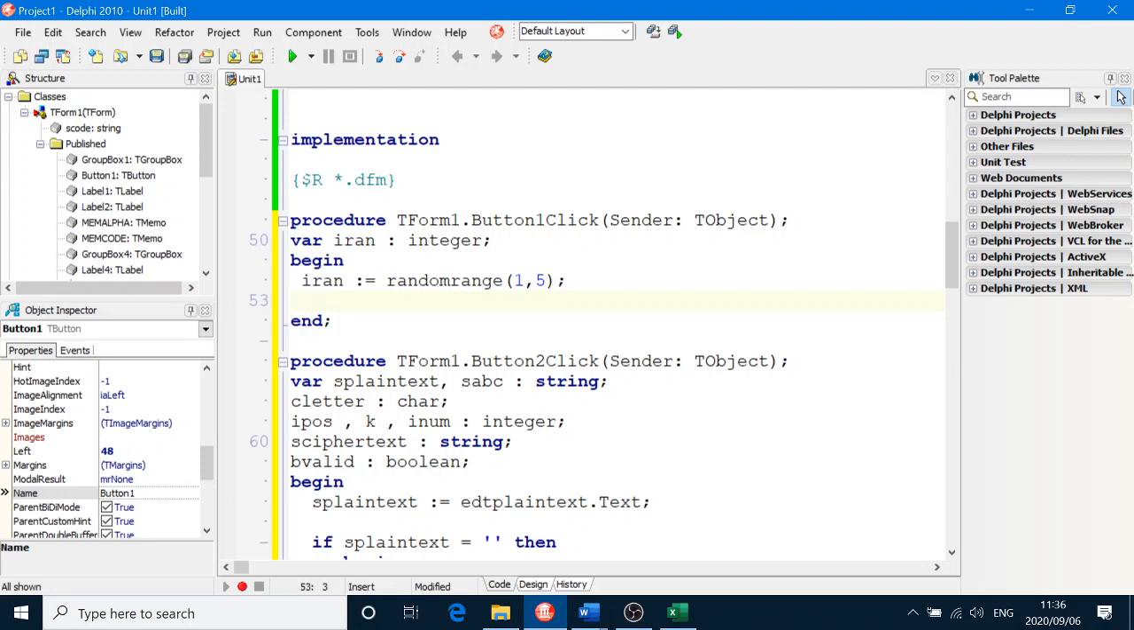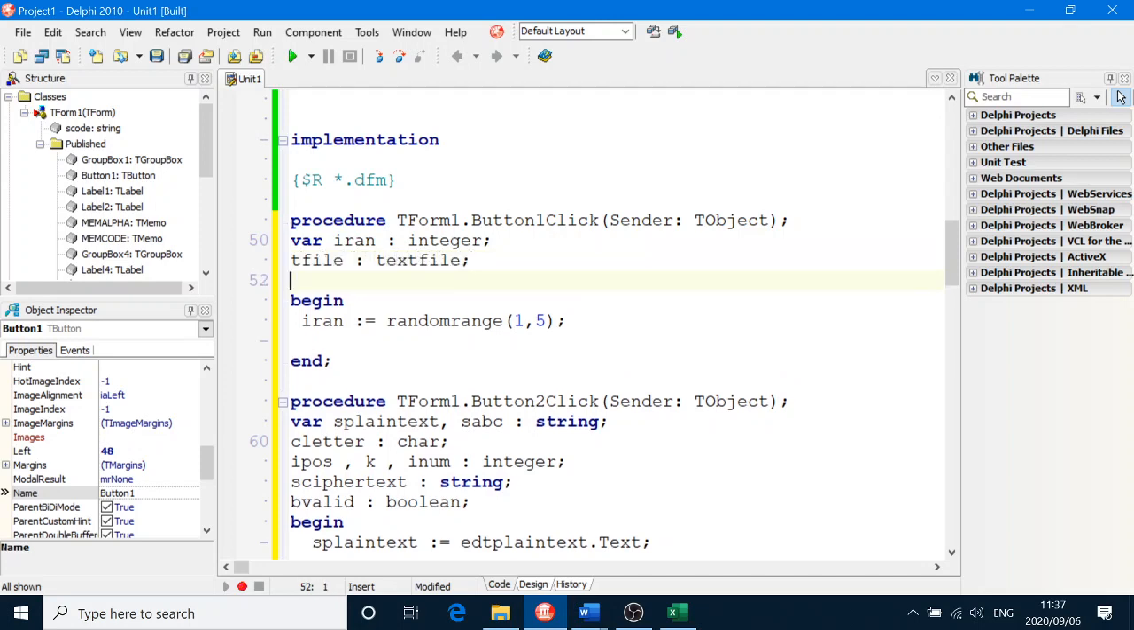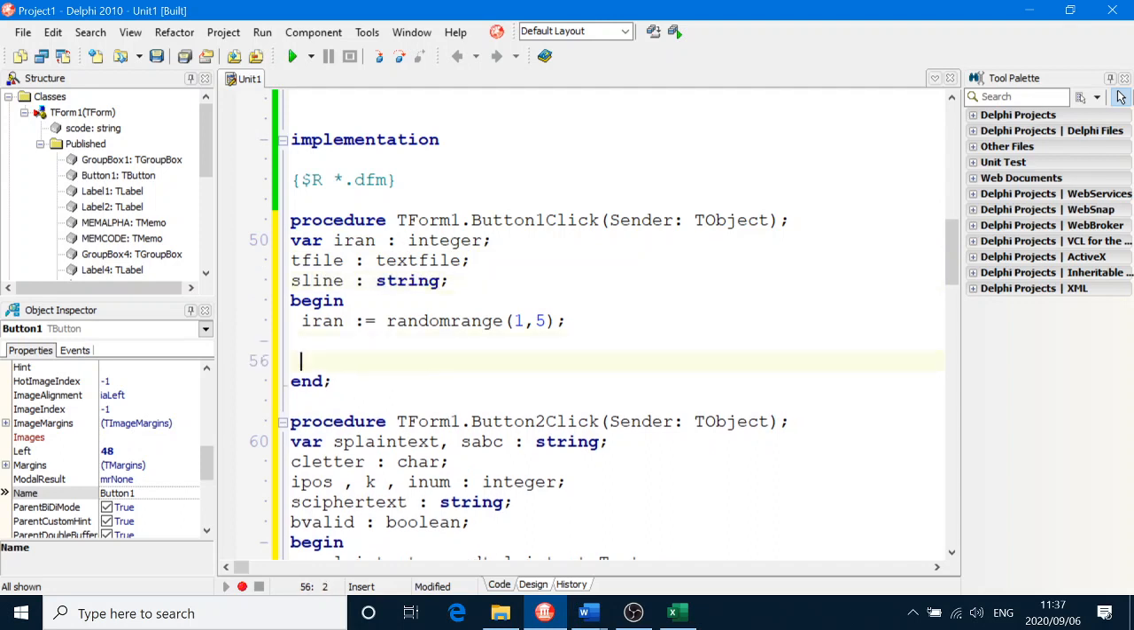Then we're going to use rran to join it to a string, because our text file, we're going to use our text file variable. I'm going to call it tfile : text file. Take note, I'm using local variables here. sline : string. And then over here, we're going to build our s file name using rran. So s file name equals